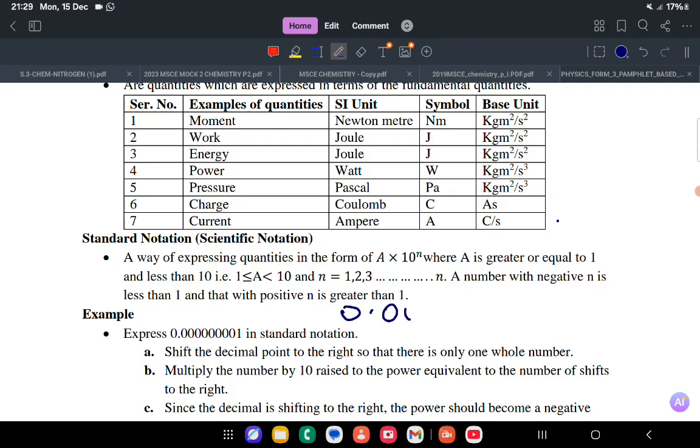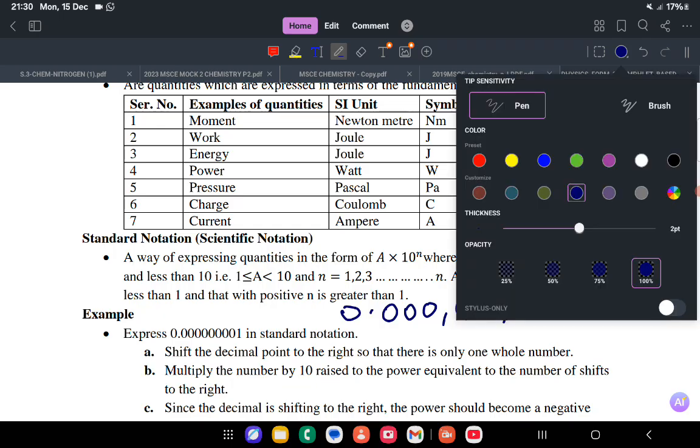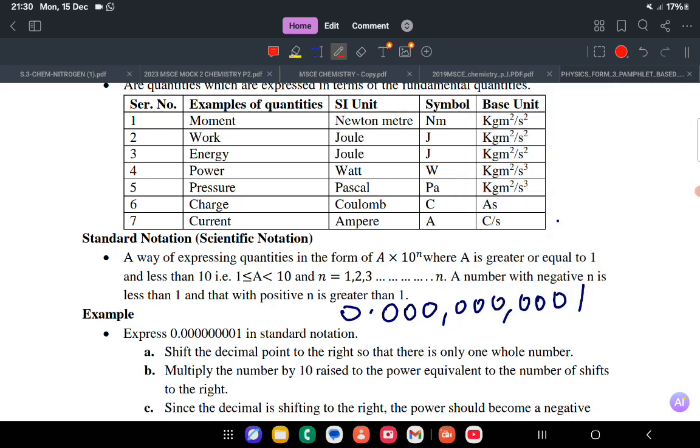So we have 0.00000000001. Okay, so in order to do that, all you have to do is to shift the decimal. Notice here the decimal is somewhere there. All right, so you shift this decimal until you reach a point where you have a number that ranges from 1 to 9. So you simply count how many zeros: 1, 2, 3, 4, 5, 6, 7, 8, 9. I've shifted my number